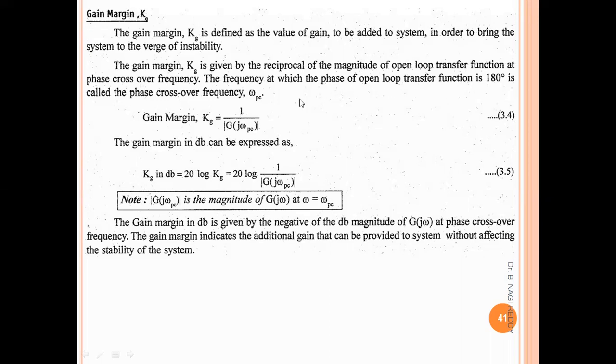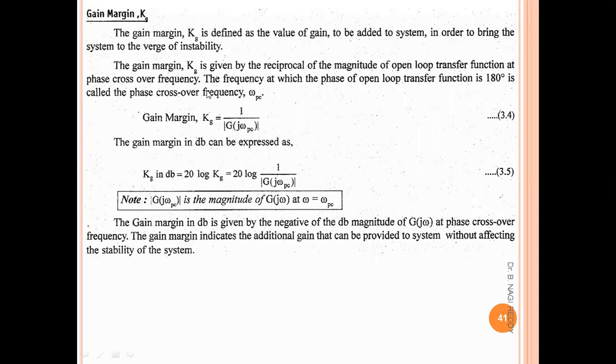The open loop angle at which it is 180 degrees, at that particular point we will have a frequency. That frequency is called the phase crossover frequency. So when the open loop transfer function angle reaches 180 degrees, the frequency at 180 degrees is called the phase crossover frequency. So we need to calculate the magnitude of the open loop transfer function at the phase crossover frequency, and this magnitude